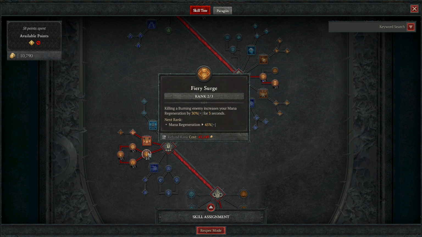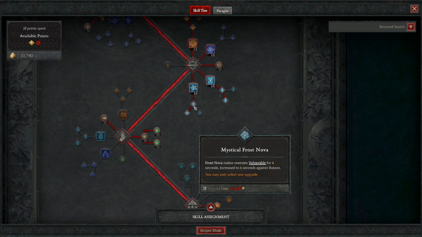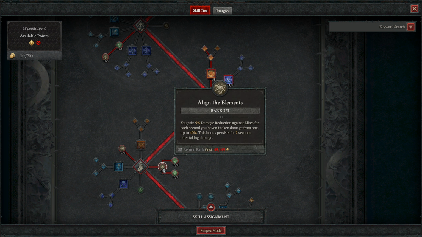with this build. I removed one point of Pure Research because we don't really need that mana generation as much anymore. And now I have 3 points into Warmth, and that's pretty much it. And then 1 point into Mystical Frost Nova, and I have the alignment elements now free